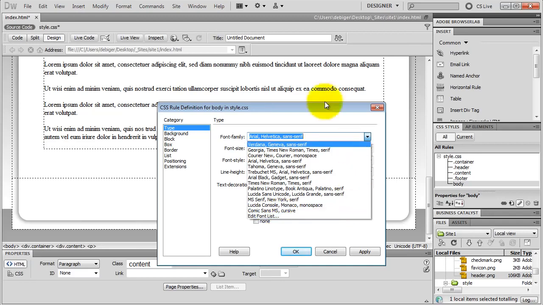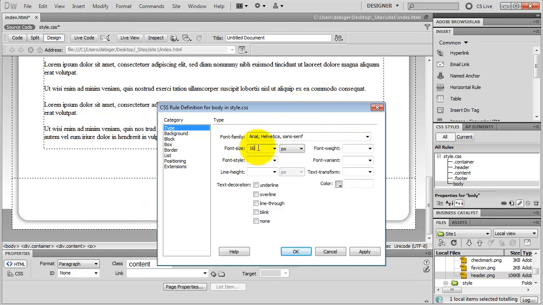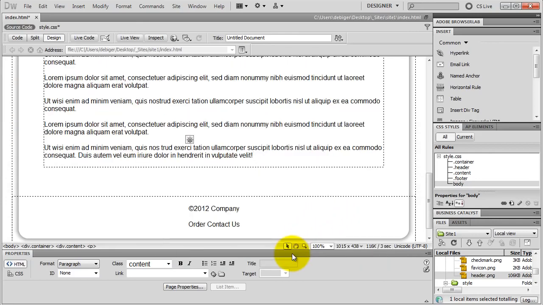Okay, I set the font size to 16 pixels. I could also set the font color to black, but it's black by default, so I don't need to change that. In CSS, everything has a default value, and I don't need to change that unless I need something else. I click OK, and my text is now Arial, but I want to style my text the right way, so